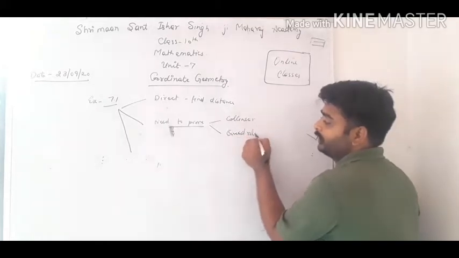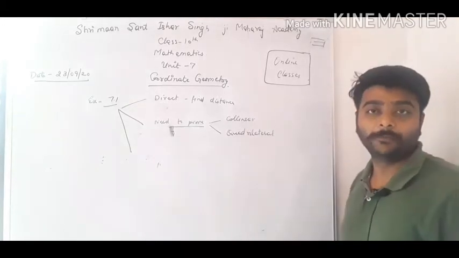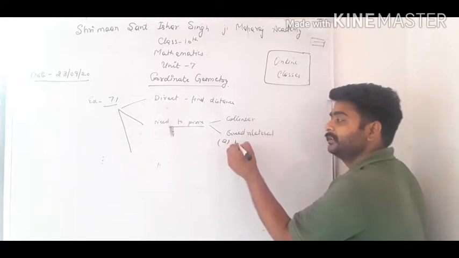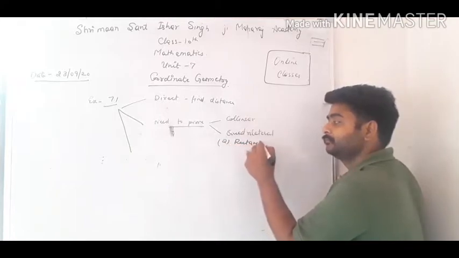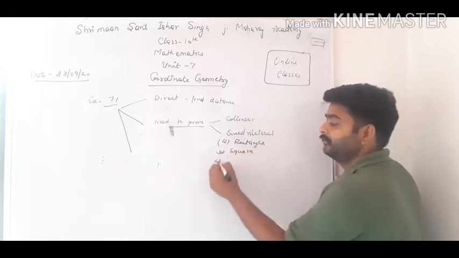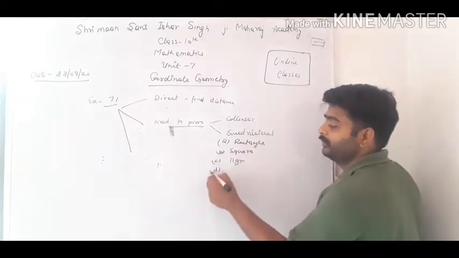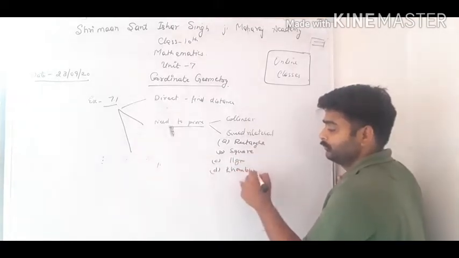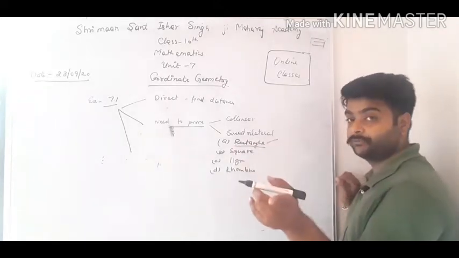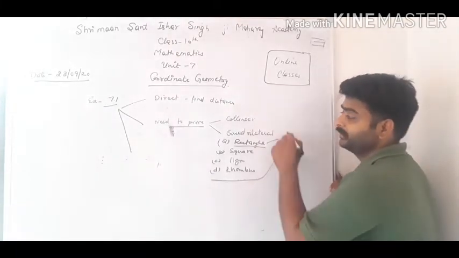And class, quadrilateral is, what does quadrilateral mean? 4-sided polygon. 4-sided polygon, that is A, rectangle, B, square, C, parallelogram, and D, rhombus. And class, what's the condition? That in a rectangle opposite sides are equal. Opposite sides are equal. So class, we will discuss in the question.